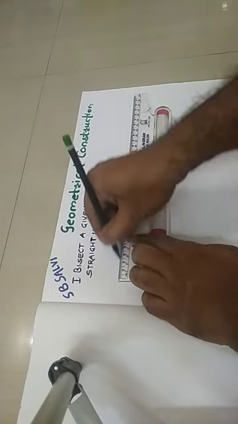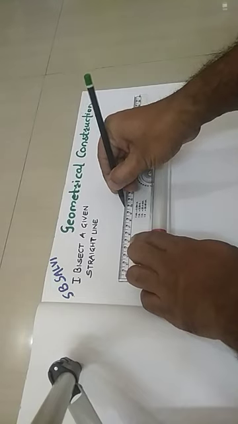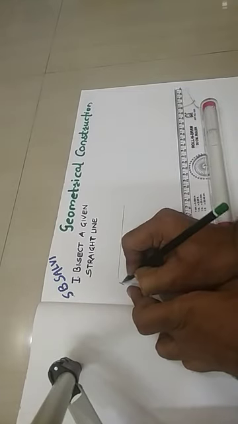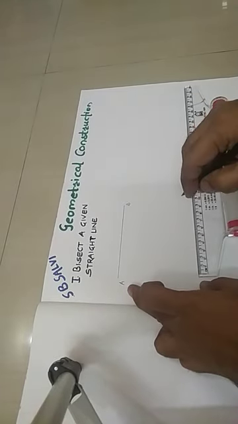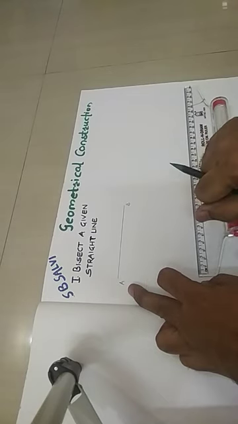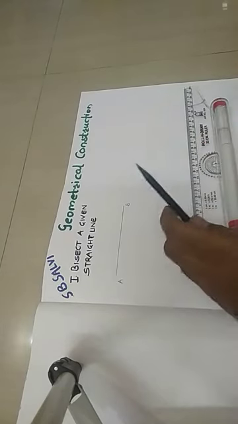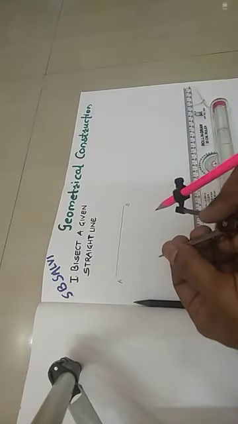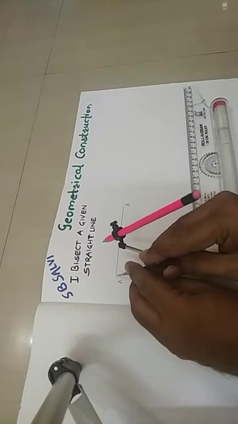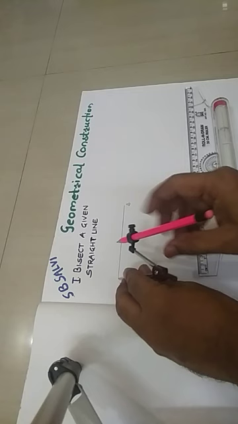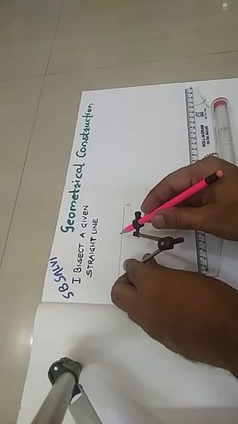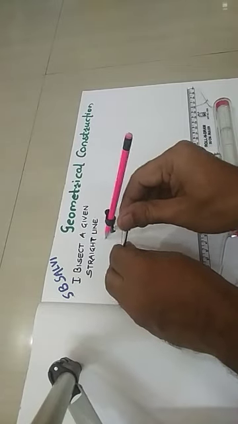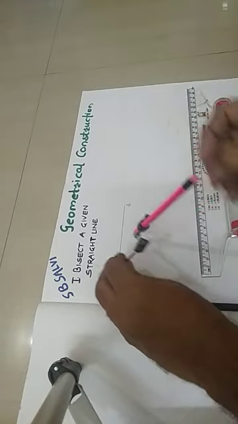So from this point, a 100 millimeter line is drawn. Name is given A, B. Now to bisect this particular line, we'll use a compass. Now what you are supposed to do, keep the compass on A and take a radius greater than half of AB. Draw one arc on this side, faint, draw an arc on this side.